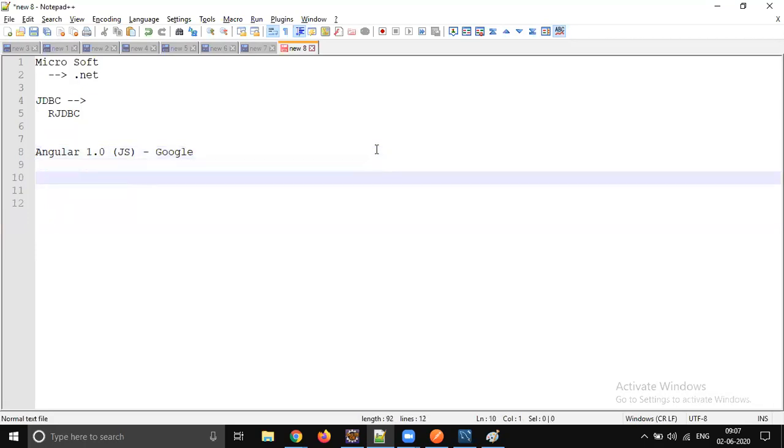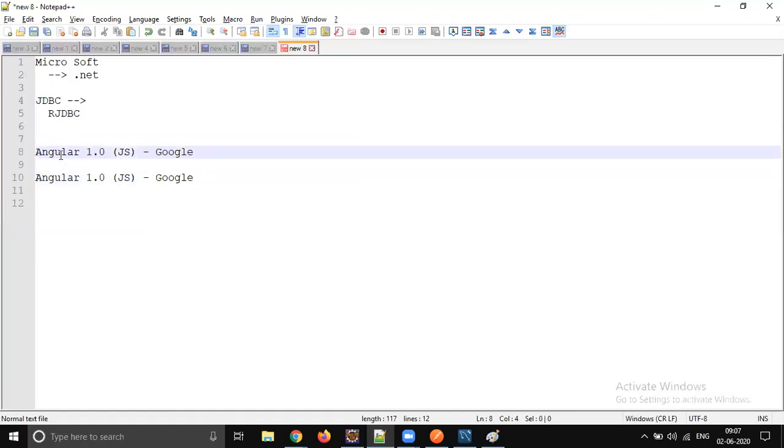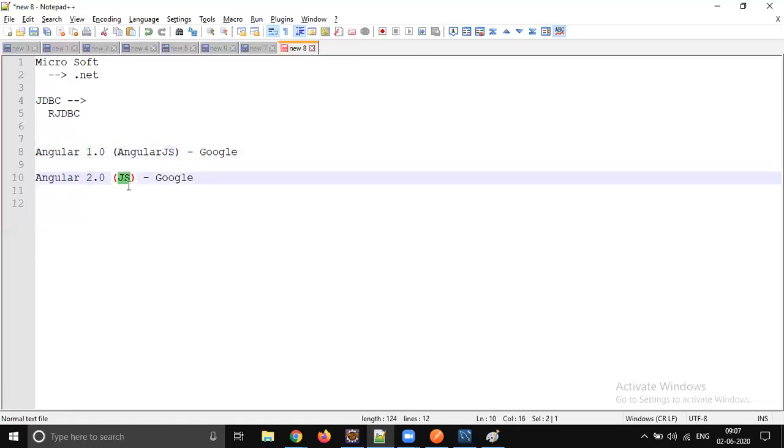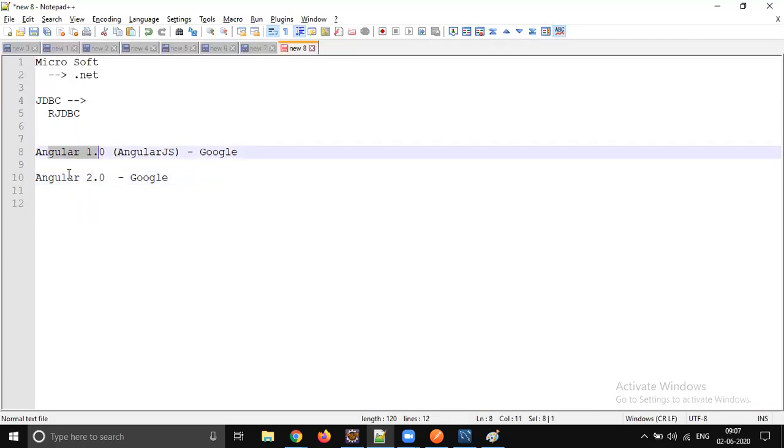All of a sudden, they released one more version called Angular 2.0. Earlier it was called AngularJS. Angular 1.0 was called AngularJS, and they introduced another version called Angular 2, which they called just Angular. Fine, we would think it's another version like that. But the code we write in Angular 1 and in Angular 2 has a huge change.